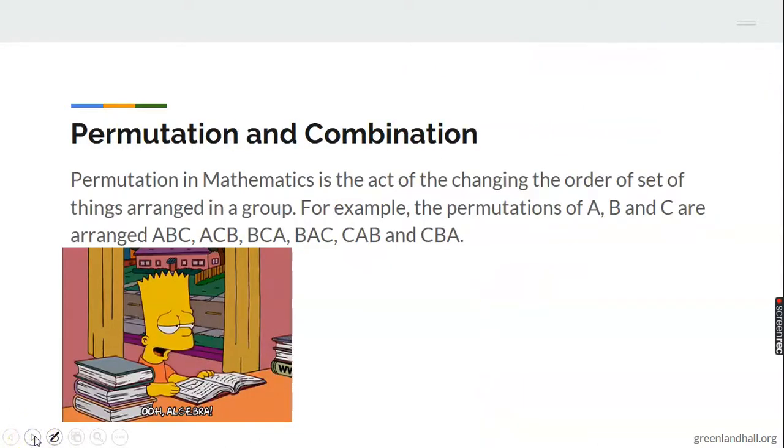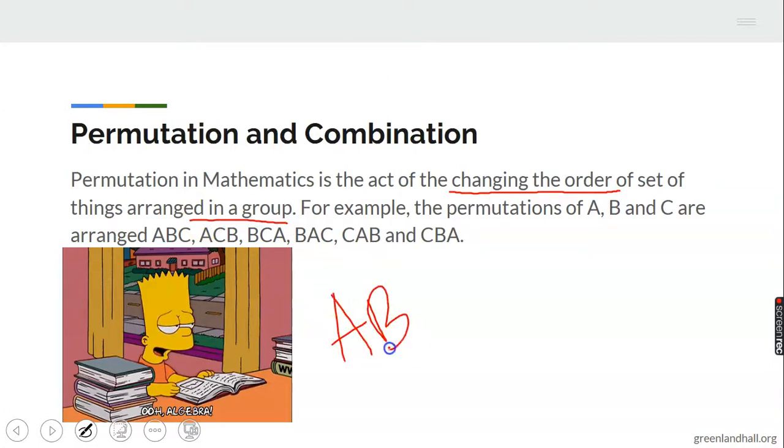Permutation and combination. Now, permutation and combination are quite different from the factorial that we treated. What do we mean by permutation in mathematics? Permutation in maths is the act of changing the order. Please observe this. Changing the order of a set of things that are arranged in a group. For example, the permutation of A, B, C. That means if you are given A, B, and C, permutation means changing the order in all possible ways that you